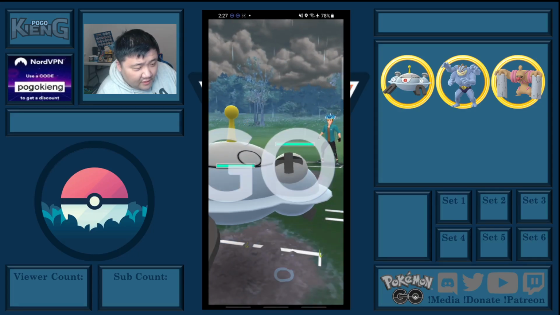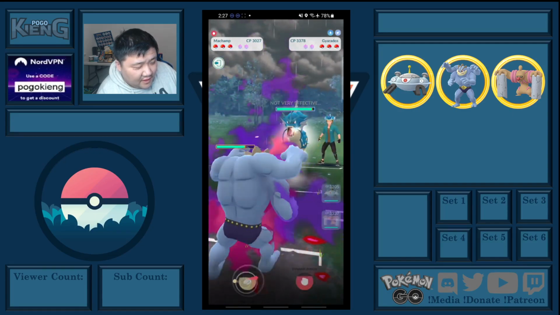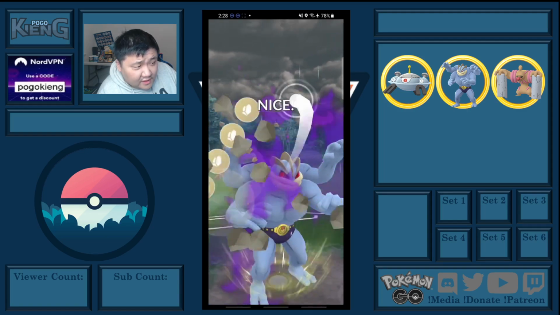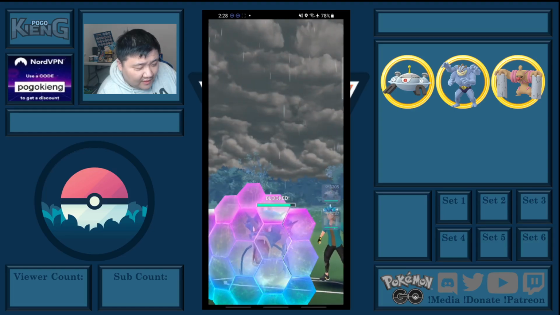Obviously, very bad lead. It's gonna switch straight to Machamp. They switched to Gyarados. Okay, Stone Edge would absolutely obliterate this Gyarados. Rock Slide from Shadow Machamp wouldn't KO, but it would do quite a bit. Will they know? It's okay. They do know. Okay,